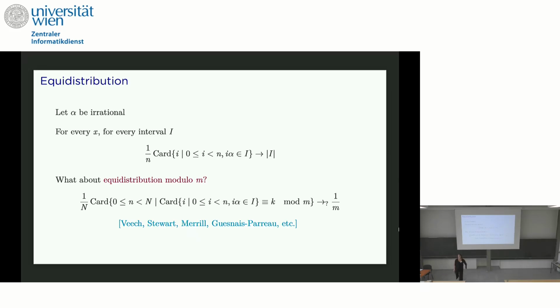So there's a long story about this coming from ergodic theory and dynamical systems, which started with Veech and culminated with work of Guénet, Parot, but I mentioned Stewart, Merrill, which has to do with skew products, as we have seen with